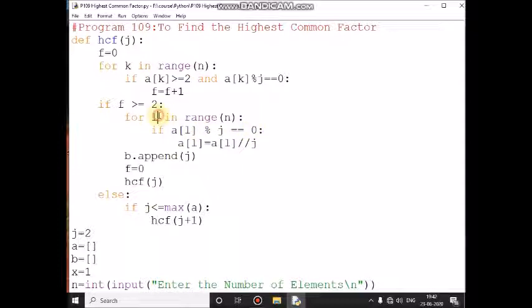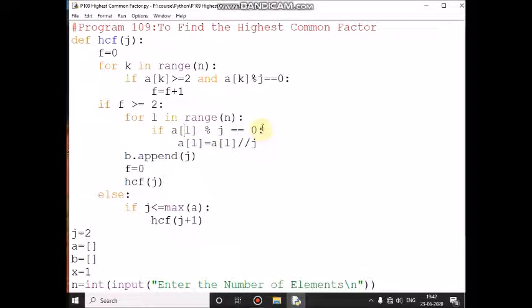Then l value become 1, 1 less than 4, condition is true, a of first location 5 modulo 3 means remainder 2, again condition is false, then l value become 2, 2 less than 4, condition is true.